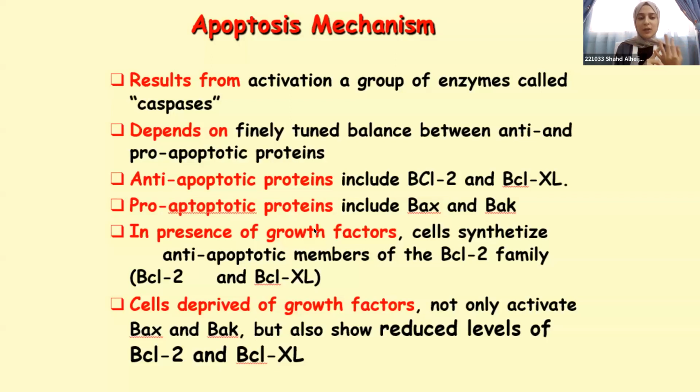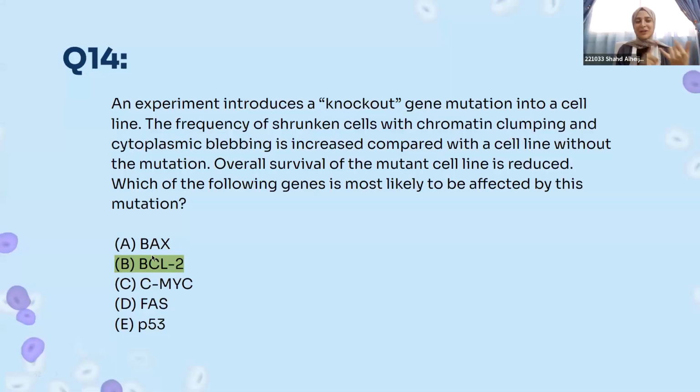You have BAX, you have C-MYC, you have FAS, and P53. C-MYC, the letter C, is not related to your lectures. This is something related to cancers and tumors. So now we have BAX, FAS, and P53. These are usually pro-apoptotic, so they would help with the apoptotic process. Meanwhile, BCL2 is anti-apoptotic. So if we see in the next slide,